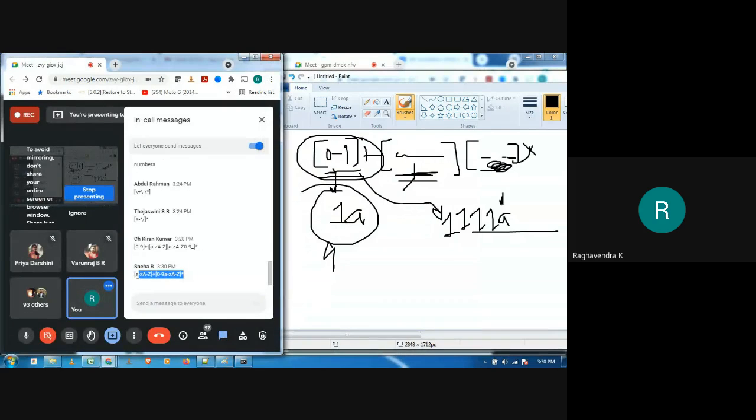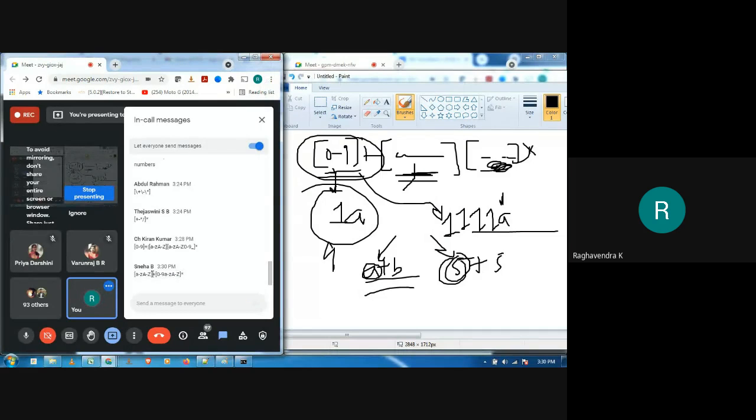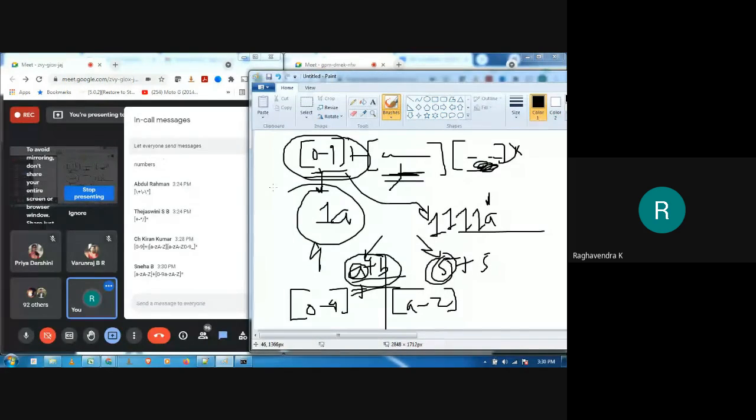Okay, so here they are written. See, I am not getting the point here. Either I will have an expression like this, or I will have an expression like this. In both the cases, this is an operand, this is an operand. These are two separate cases. What you are doing here is merging them together. Don't merge them together, right? So either my operand is going to be a number, or it is going to be a character. This itself is sufficient. No need to write star also here, because I'm only looking for input like this. Okay, so we have written a regular expression for operands, and we have written the regular expression for operators.